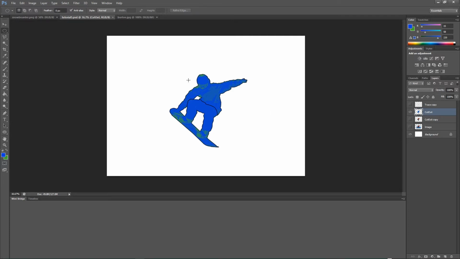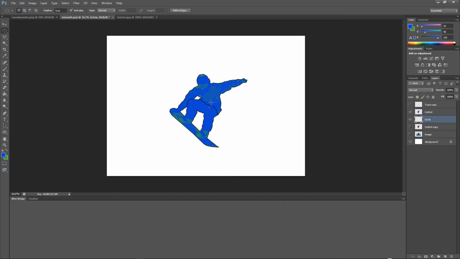So I now have this image here ready to go. So what I'm going to do is create a really quick and simple sticker design that utilizes this image here. Okay, so I'm going to create a new layer below Cutout, and I'm going to call this Circle. I'm going to go to the marquee tool here, make sure elliptical marquee tool is selected. I'm going to draw a quick circle,